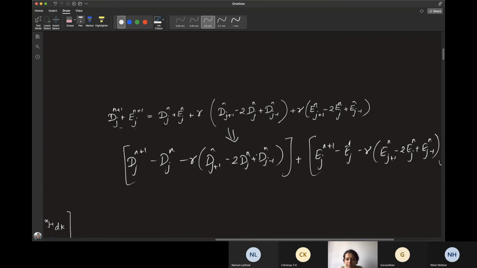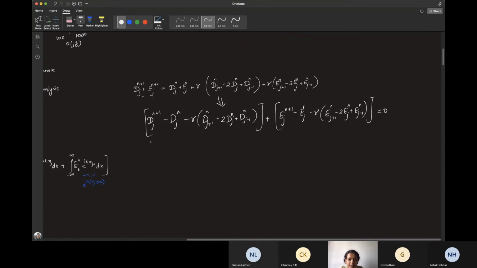So now all the terms in this equation are of some order, say 10 to the power 1 or whatever. Let's just say it's of some order. And this is of order, say, 10 to the power minus 10. And both of them should add and give us 0. When is this possible? Is it possible for these 10 to the power 1 terms to nullify this 10 to the power minus 10?